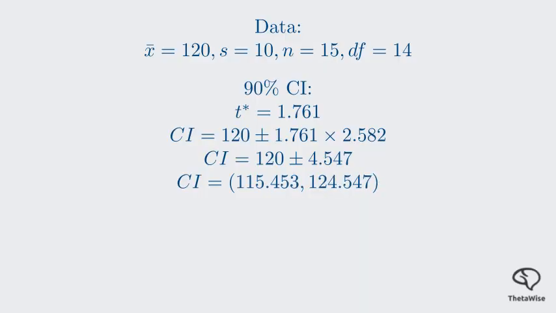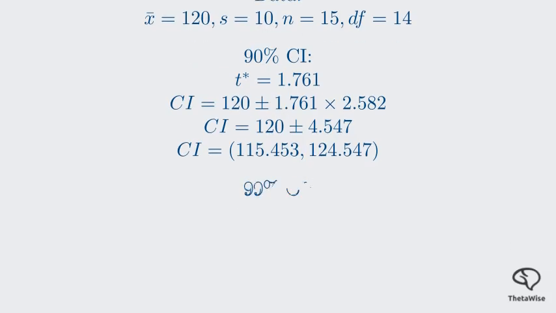4.547. The 90% interval is 115.453 to 124.547. Notice it's narrower than our 95% interval. Less certainty, more precision. Now for a 99% confidence interval, the t-critical value is